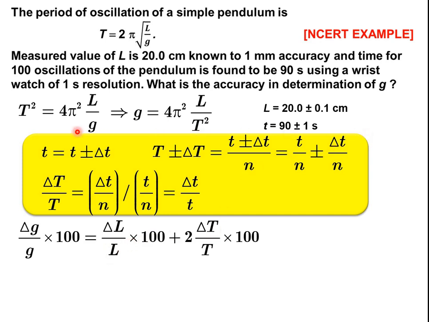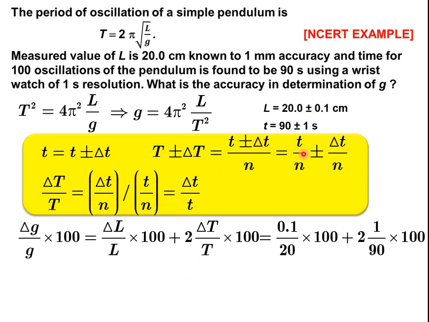The only thing in this relation was delta capital T by T would be same as delta small t by small t. These two ratios are same. But we are about to substitute delta T by T, so we need not bother. This ratio and this ratio are equal. So we'll use these numbers here. Delta T can be replaced by delta small t, that is 1, and T can be replaced by small t, that is 90. Okay, now just substitute the values and get the answer.